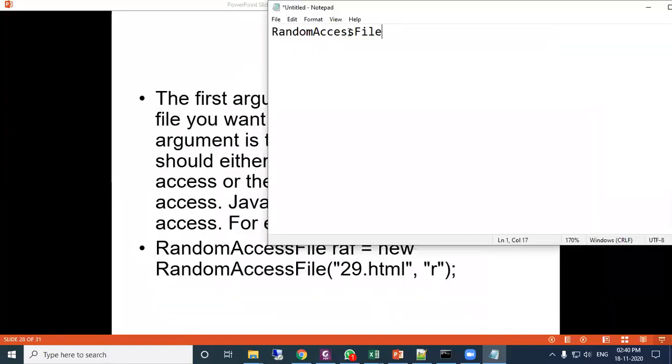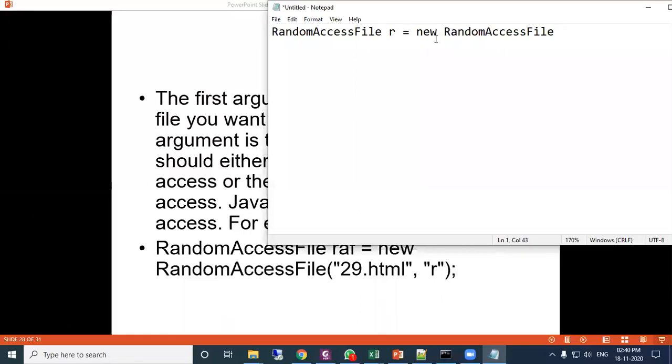Okay, random access file, a single word. Suppose my file name is R. File object equal to new RandomAccessFile.